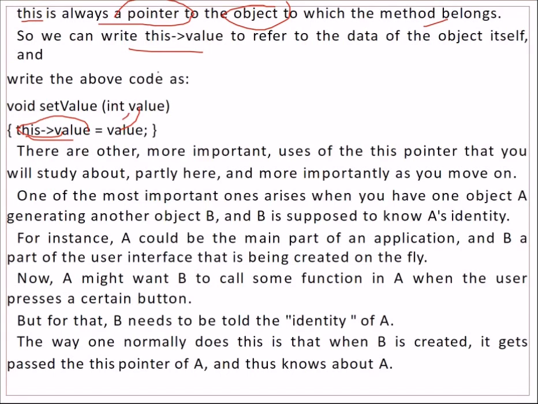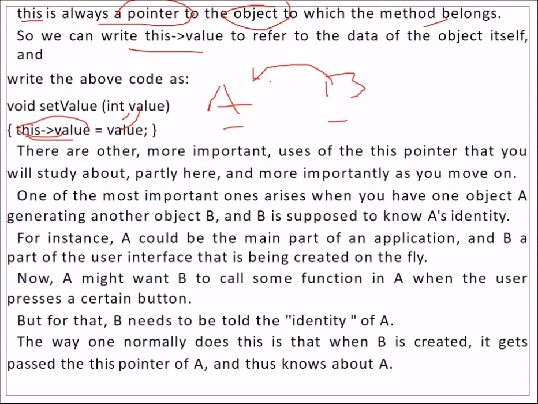There are other uses of the this pointer. One of the most important arises when you have an object A and another object B, and B is supposed to know A's identity. For example, A can be the main part of an application, B can be a sub part that is created by A on the fly.